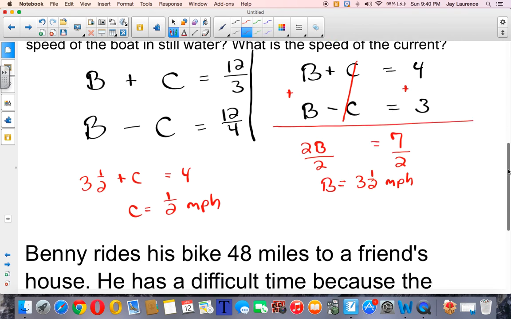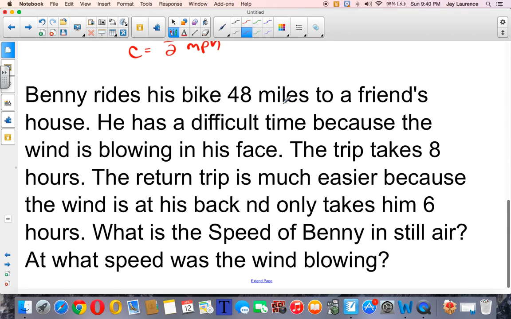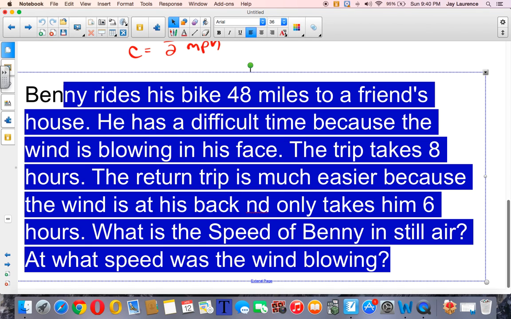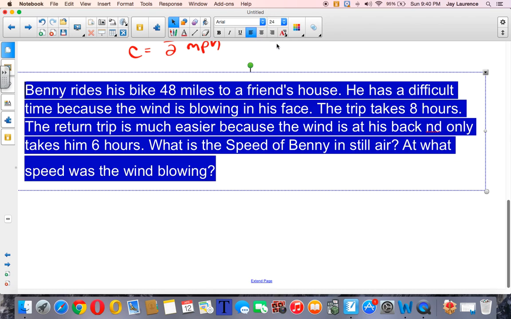All right, let's try another one with these. And don't worry, we're going to get lots of practice with these. Ooh, I didn't make that very small, did I? I had intended to. Let's see if I can make that a little bit smaller so we can see the problem while we get some work. Let's see here. Okay,